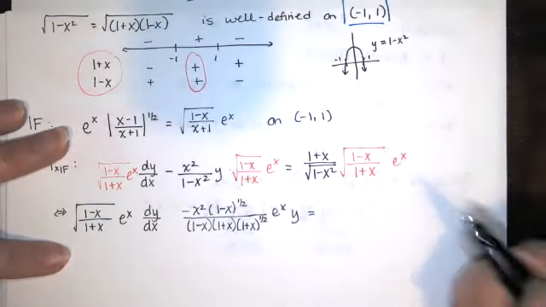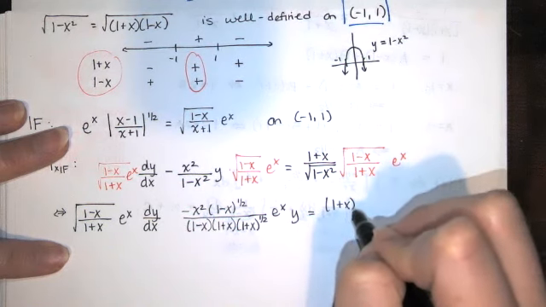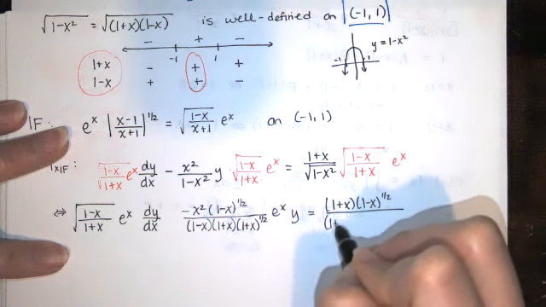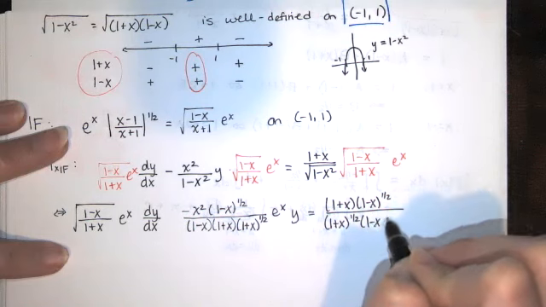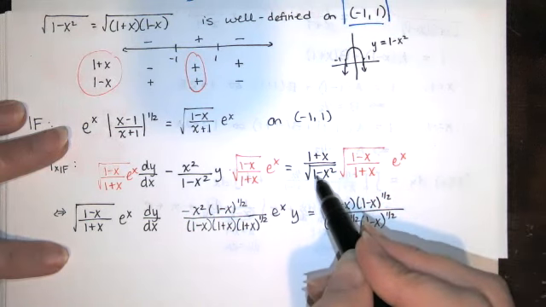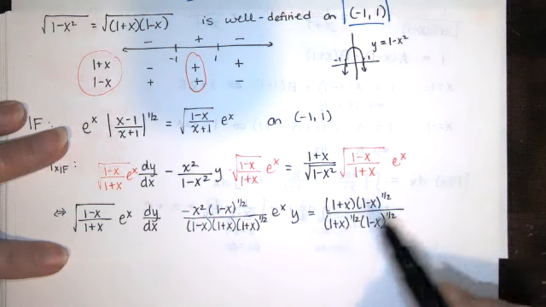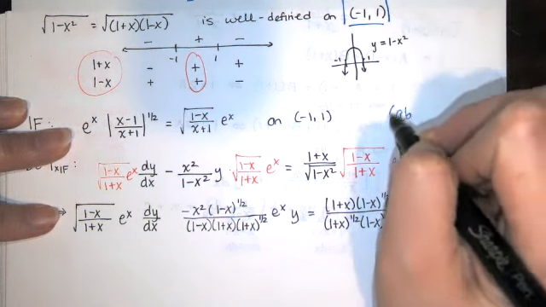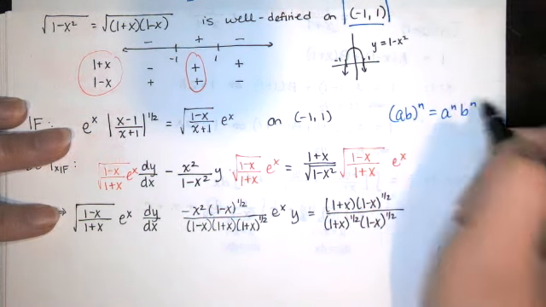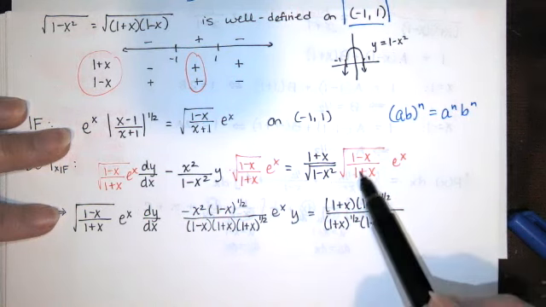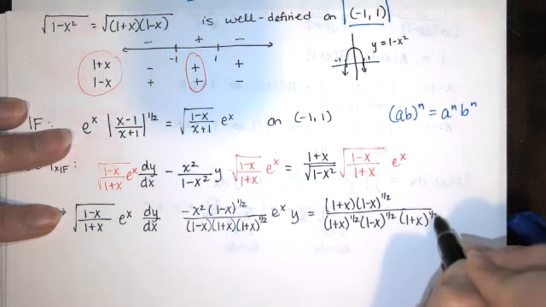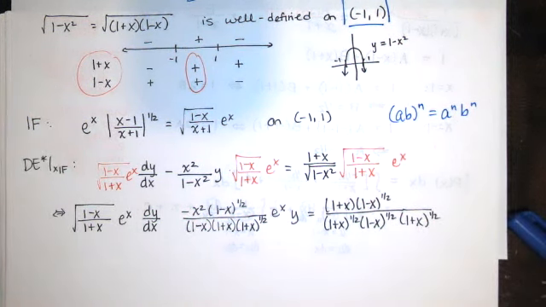And then over here, we should simplify as well. We've got a 1 plus x and a 1 minus x to the 1/2. This is a 1 plus x to the 1/2 times 1 minus x to the 1/2, because that is a 1 minus x times 1 plus x, all raised to the 1/2, so you can distribute that. Because if you have a times b raised to a power, you can apply the power to each of those factors. And then don't forget this 1 plus x to the 1/2 that's in the denominator there. Okay, great. With that in mind,